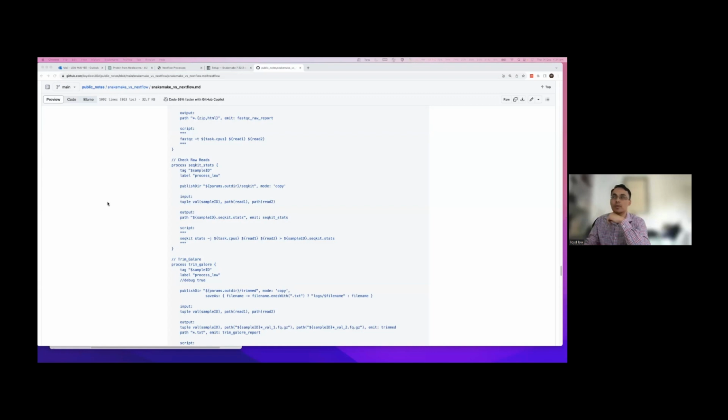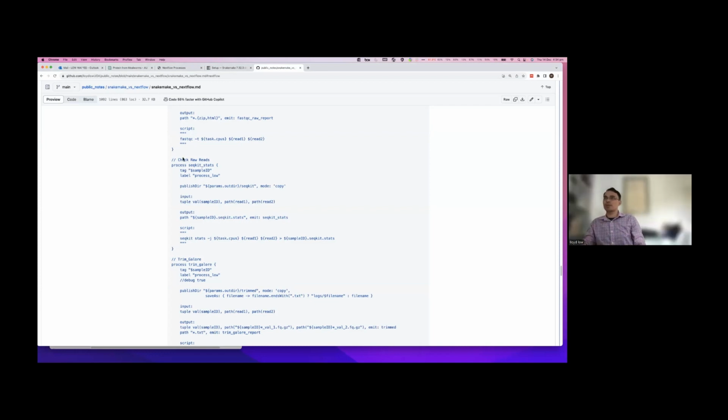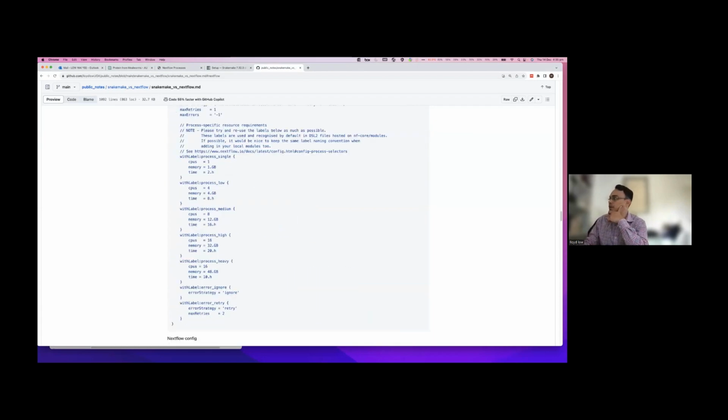Okay, can everyone see my screen? Yes. Thanks, Lauren. Yeah, it will be great if there's some interaction so that it's not like I'm talking to myself. Okay, so I have created this GitHub page to go through